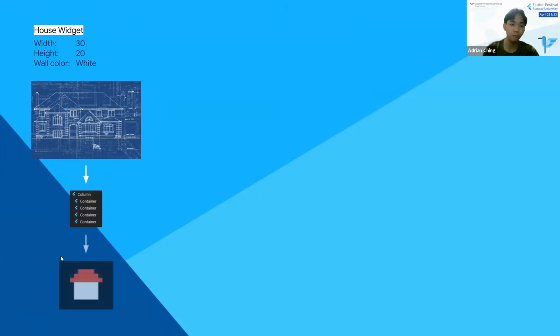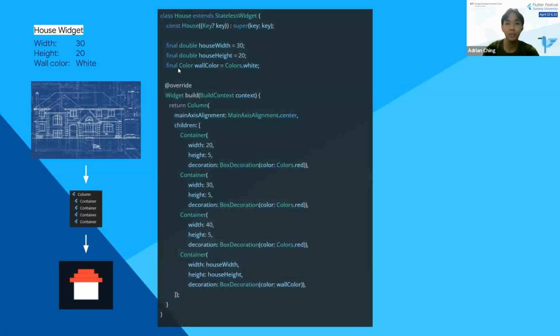Now this will be the output in the actual app. As you can see, the column widget is invisible. It's basically just aligning the children. Column widget has 4 children. The 3 containers are the roofs, and the last container is the actual body of the house. So this will be how the code looks. I know it's pretty overwhelming, but don't worry.